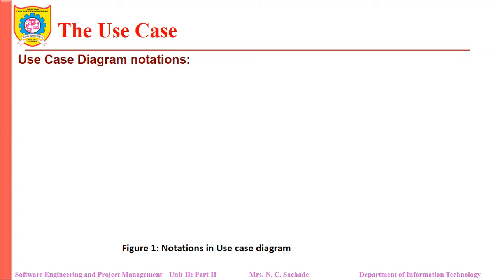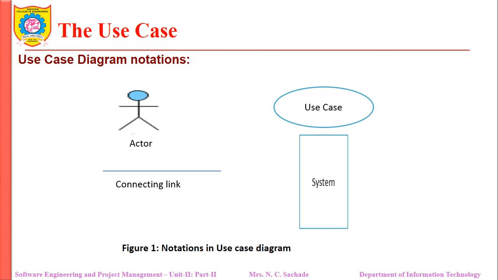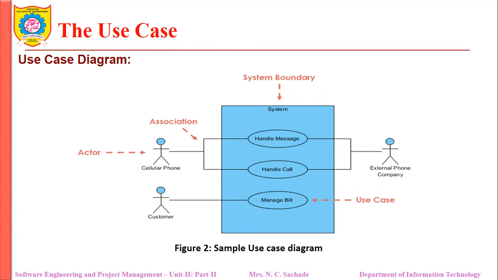Now to draw it, we need to have notations. So now we will go into details of the notation. So this is the actor. Generally it is the noun which we select from the narrative which we have written. Then we have this communication link or connecting link. Then we have the use cases and the system boundary to pictorially represent the use case diagram. With all these notations, we are going to head towards seeing a sample use case diagram.